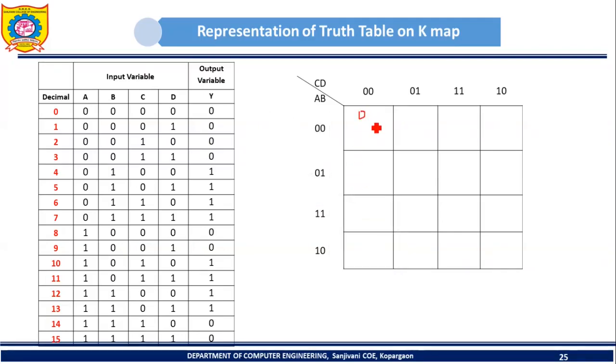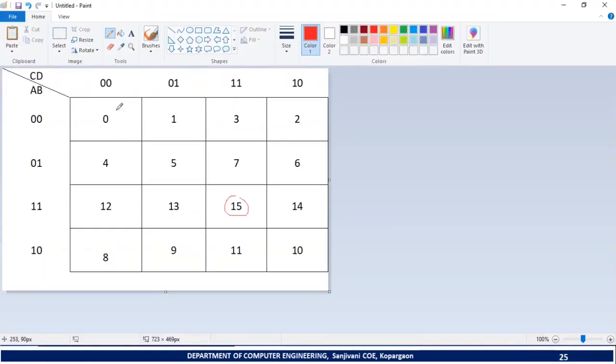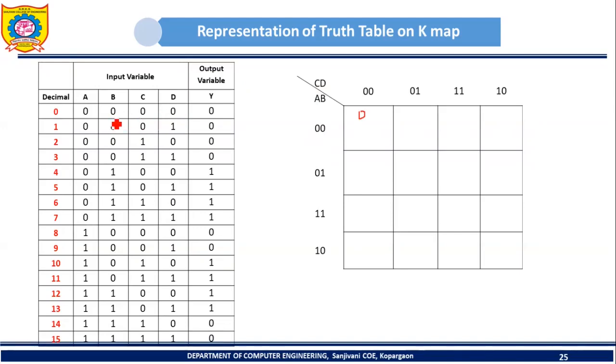What does this 0 indicate? This 0 indicates that the output of some digital circuit is 0 when the inputs to that particular digital circuit are 0, 0, 0, 0. We have obtained this information from the truth table only. The truth table says that when inputs are 0, then output is 0, right? So this 0 will come in this cell. Why in this cell only? Because this cell corresponds to input combination 0, and we have a row which is corresponding to input combination 0. So that's why I will write this 0 here.